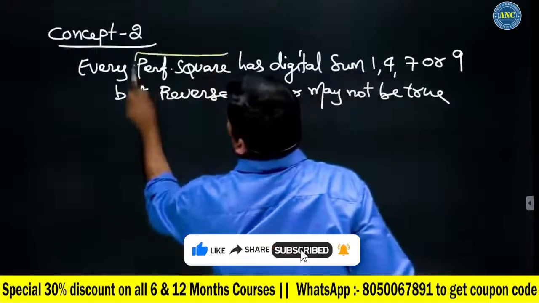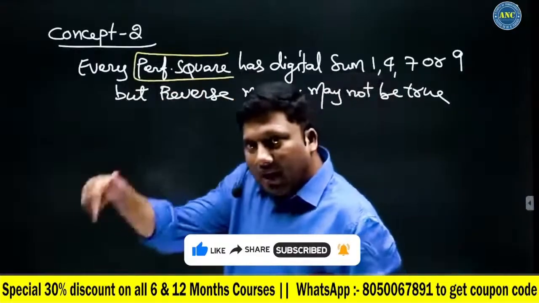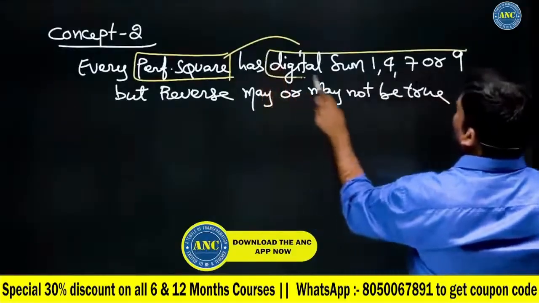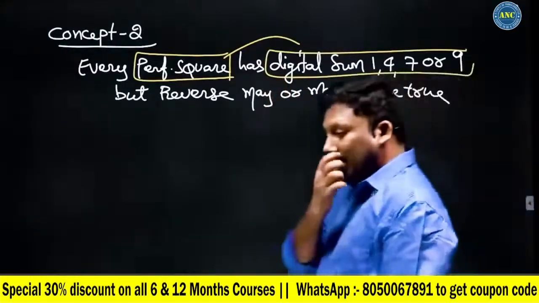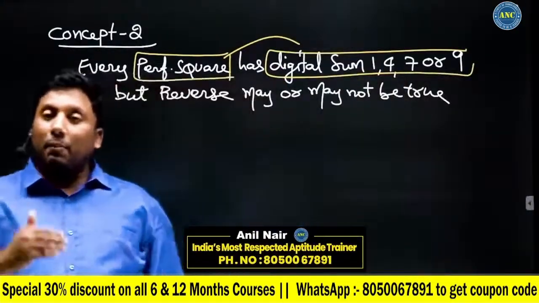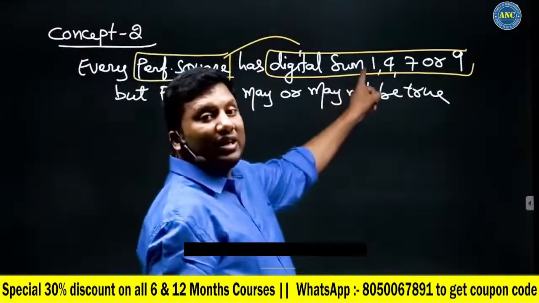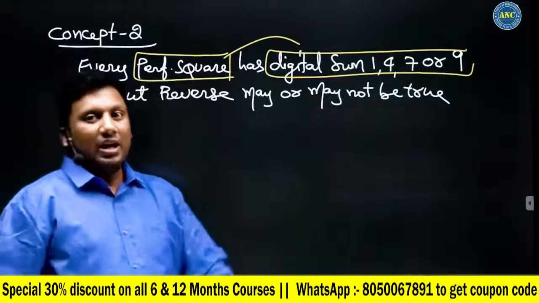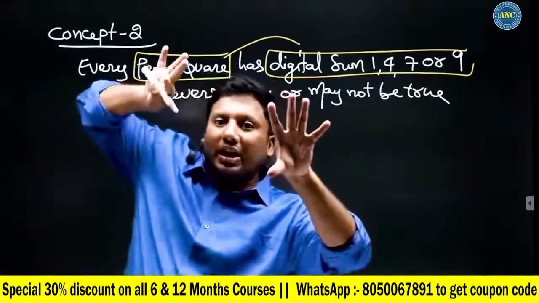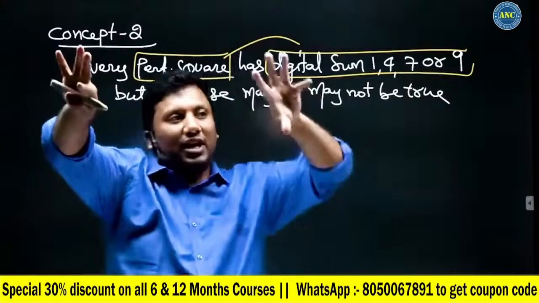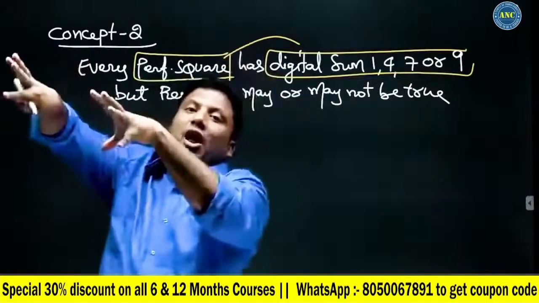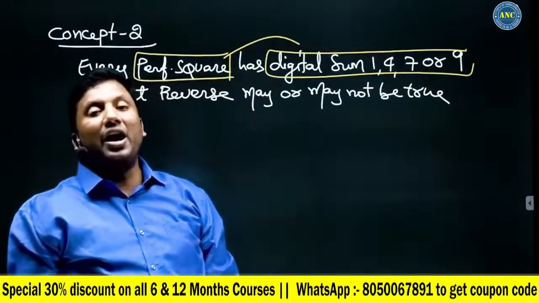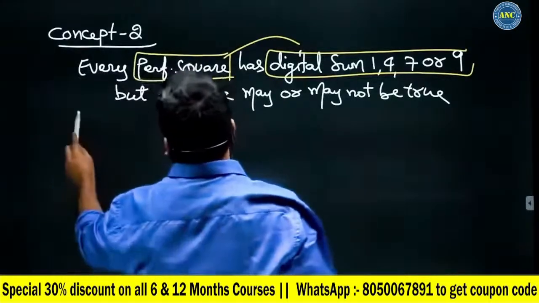If the given number is a perfect square, it should have a digital sum of 1, 4, 7 or 9. But in the reverse case, any number with a digital sum of 1, 4, 7 or 9 may or may not be a perfect square. If a number has a digital sum 1, 4, 7 or 9, it may or may not be a perfect square. Example: